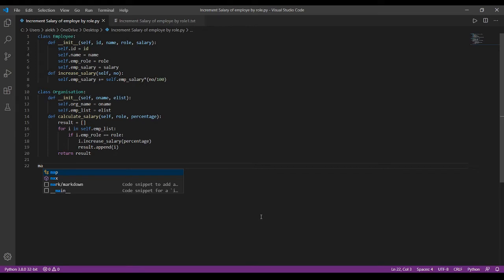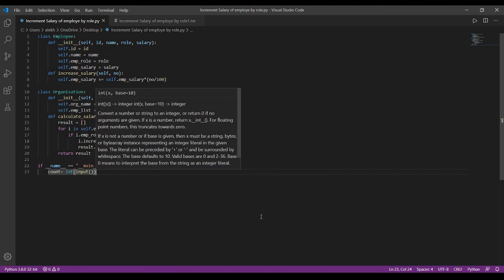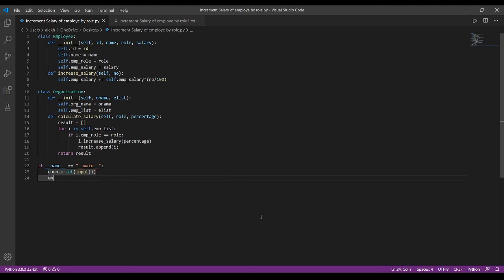Let's write the main function, inputting the count. Next we are creating an empty list, employee_list, just we write employee L, it's easy.